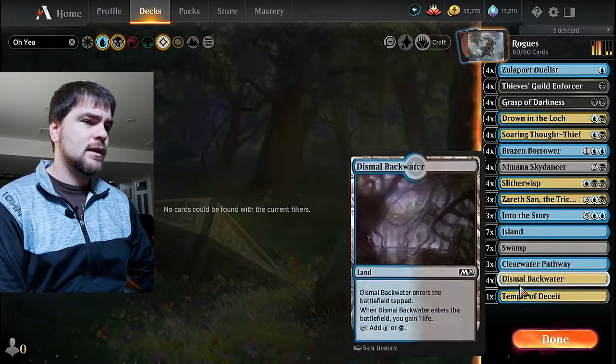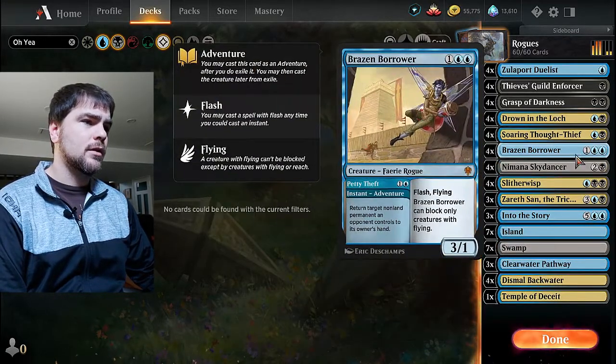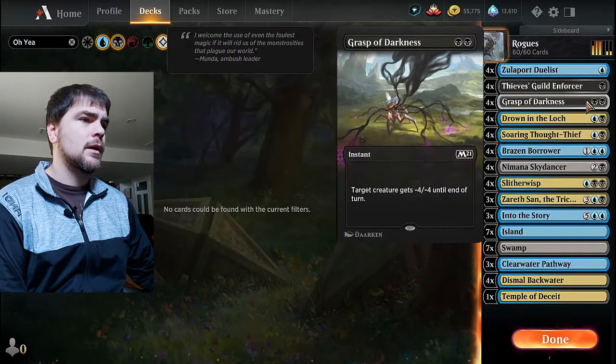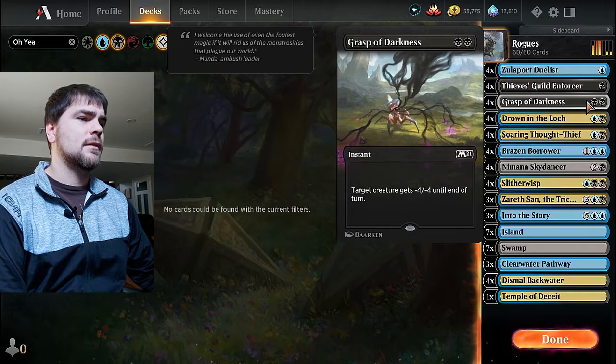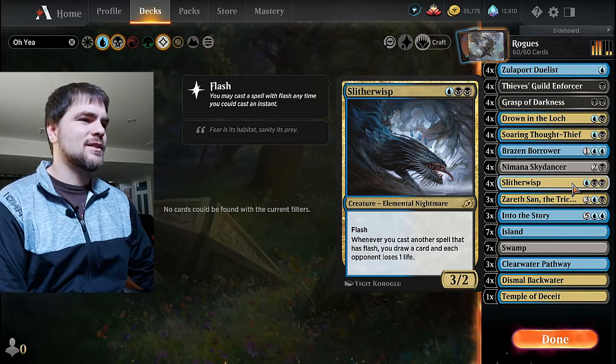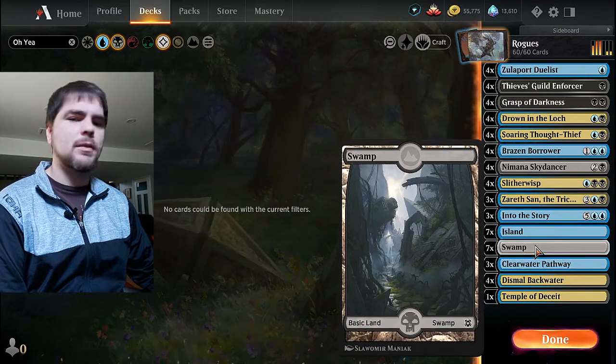So, I find this is just a good enough mix. I rarely ever have problems with colors. Usually it's just the Brazen Borrower and the Grasp of Darkness that I might have to wait an extra turn or 2 to cast. Sometimes the Slitherwisp because of its black as well. Usually I try to go for double black